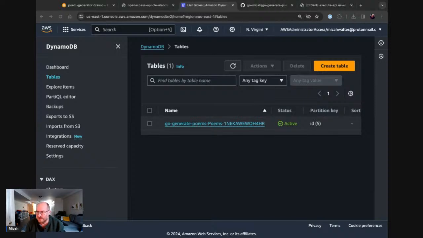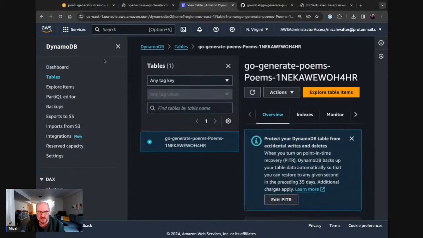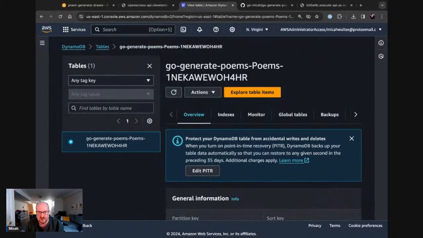There's tables, so let's go into a table. Here's one of our tables. It's called Go Generate Poems, and then a bunch of characters, because I created this with SAM. In any case, there are tables, and within tables, you have items. Items are like rows in your relational database.